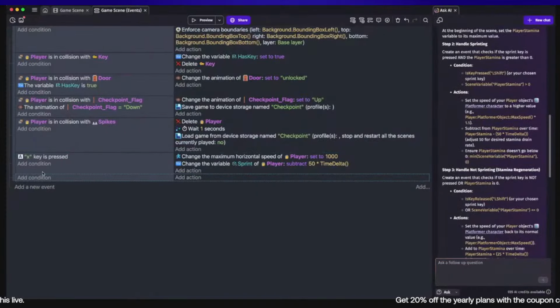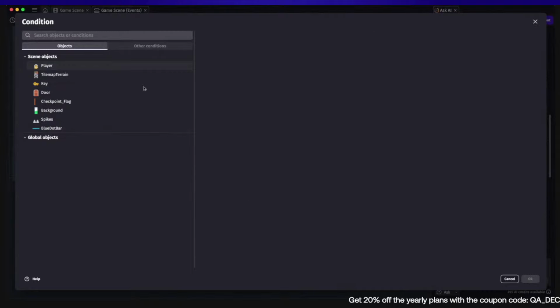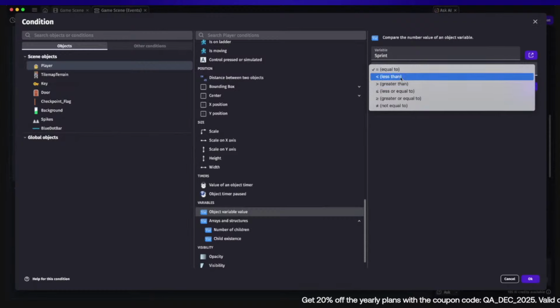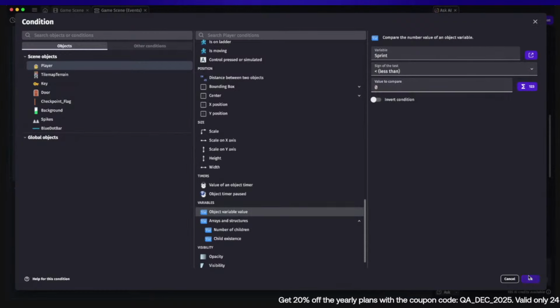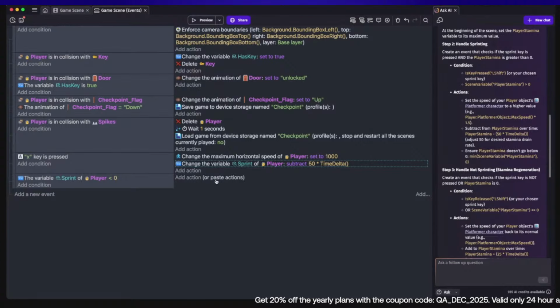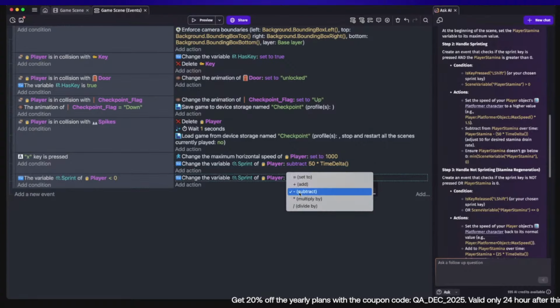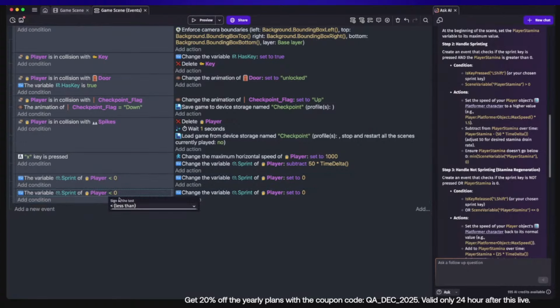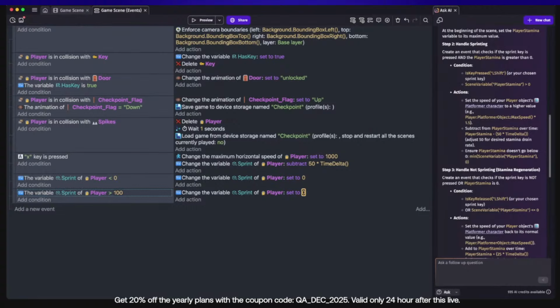Then let me think. Let's check if the stamina is more than 0. Well, let's say that if it's less than 0, then we can set it to 0, so that we don't go below 0. And we can do it the other way too. If it's more than 100, then we will cap it at 100. And